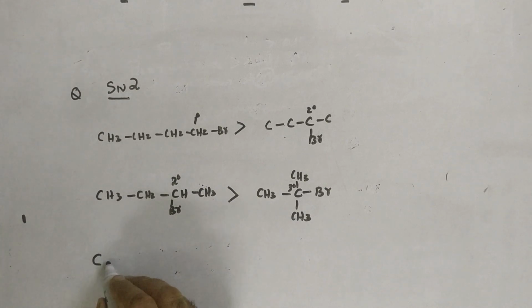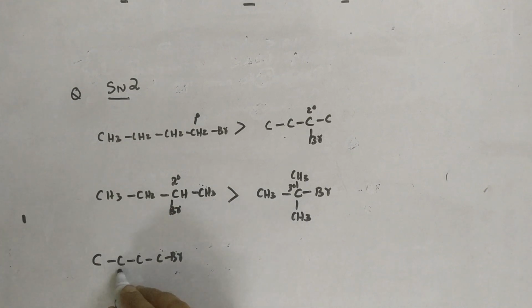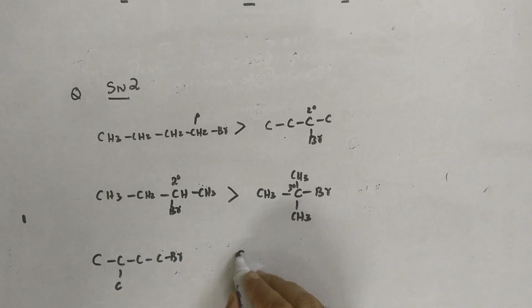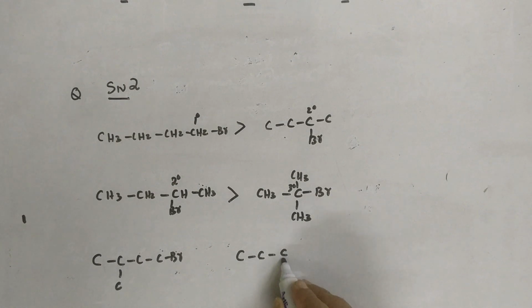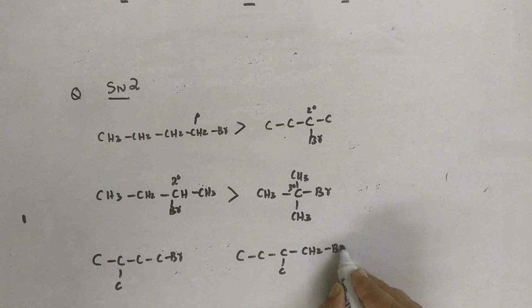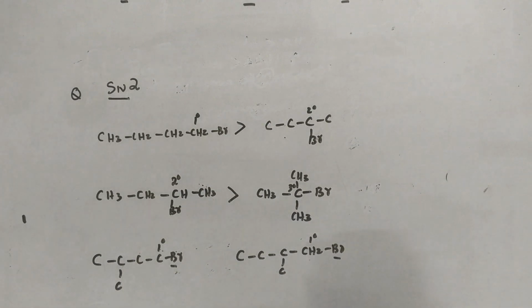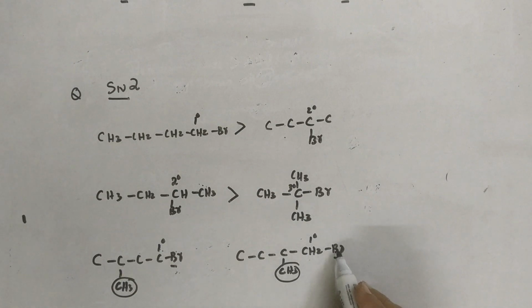The third part is also there. This one is given to us. This we discussed when we were discussing the mechanism. But I don't know how many of you remember, how many of you have seen the video carefully. Among these two, you can see both of them are primary. Even the halogen is the same for both of them. The difference is that in this case, we have got a group over here, the group which is hanging like this. Over here, the group is slightly towards the halogen. So naturally, the group which is hanging is towards the halogen.